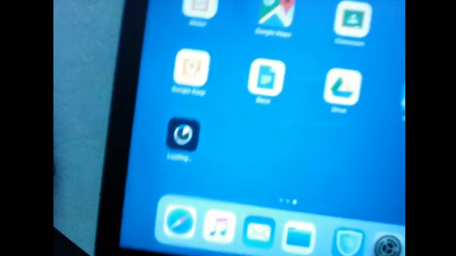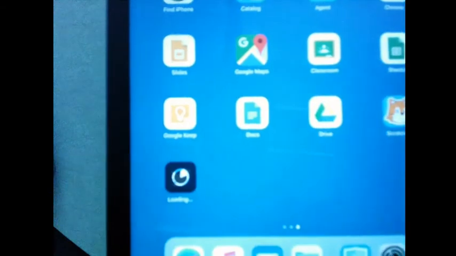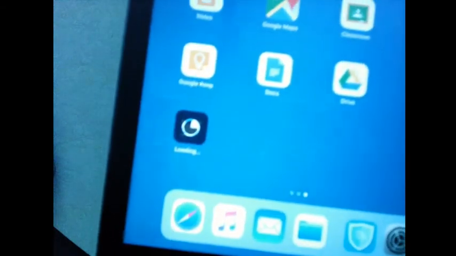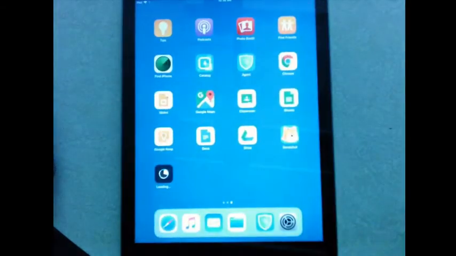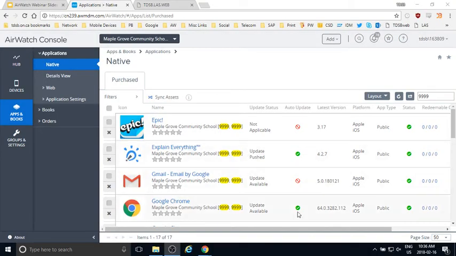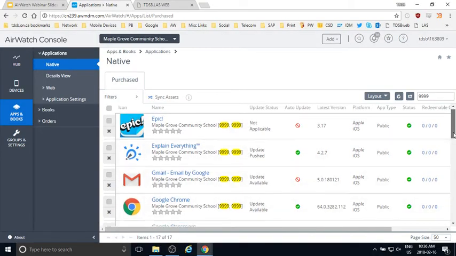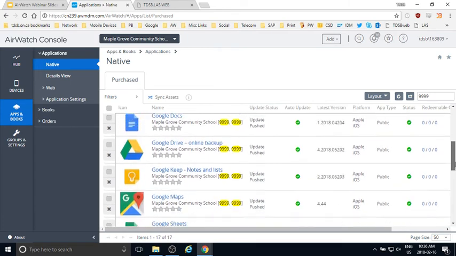It's always nerve-wracking when you're trying to show somebody something. It's like, oh, it works all the time, and then it doesn't work. So Twitter's installing on there. And again, it wasn't forced on there. I gave the person holding the iPad the ability to install that app. So that was deploying an app. As you saw, that was pretty quick as far as with all the different apps that I have here.